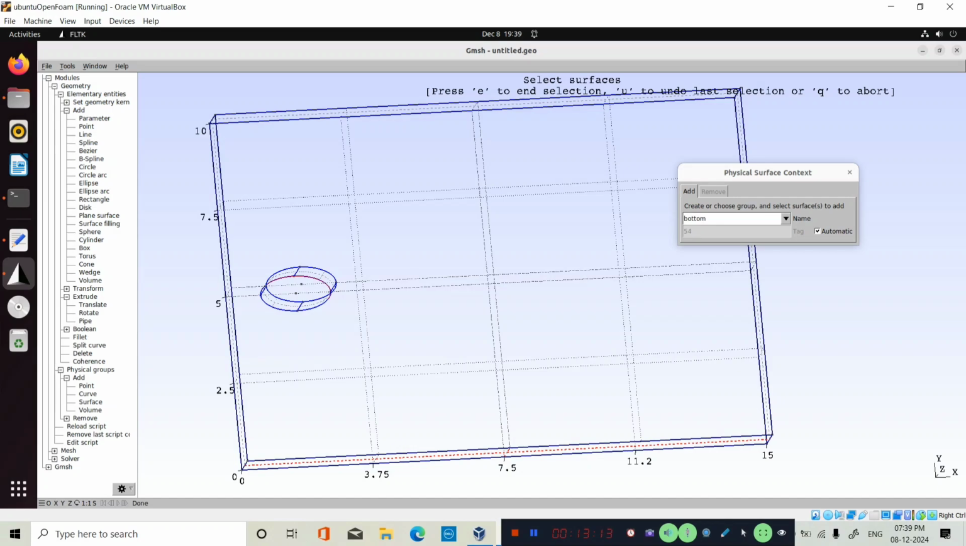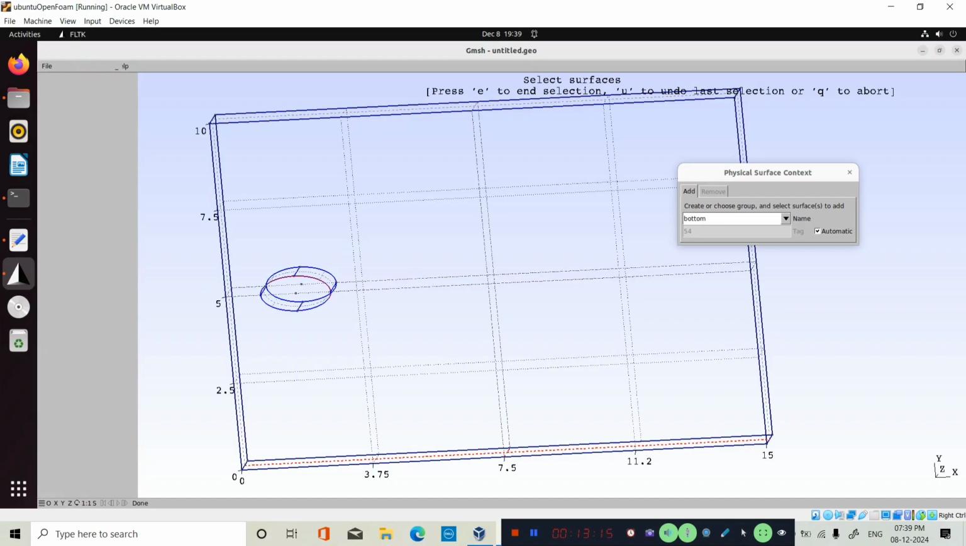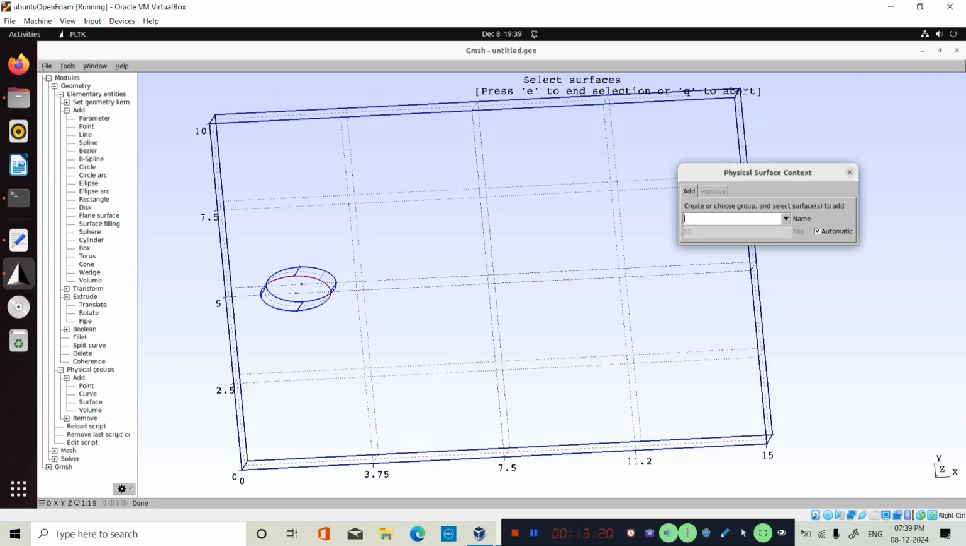Also, we have to select the ellipse. So ellipse should be like so ellipse. You have to select the ellipse for all these four boundaries: 1, 2, 3, and 4. After selecting the four boundaries, you have to choose the E again, and last but not least, you